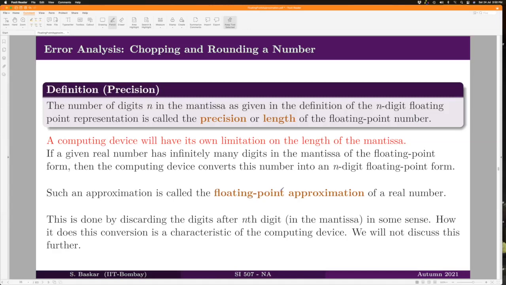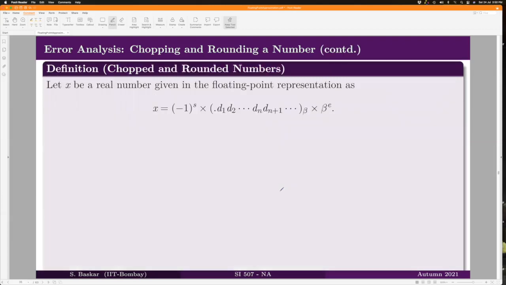So generally this is done by discarding the digits after the nth digit in the mantissa in some sense. How a computer does this conversion is a characteristic of the computing device itself. We will not discuss these things in detail, but we will take two such conversion algorithms in their simplest form. One is the chopping algorithm and the other is the rounding one. They have their own elaborate algorithms. Generally, most of the processors use the rounding algorithm, but here for the mathematical purpose, we will consider them in a